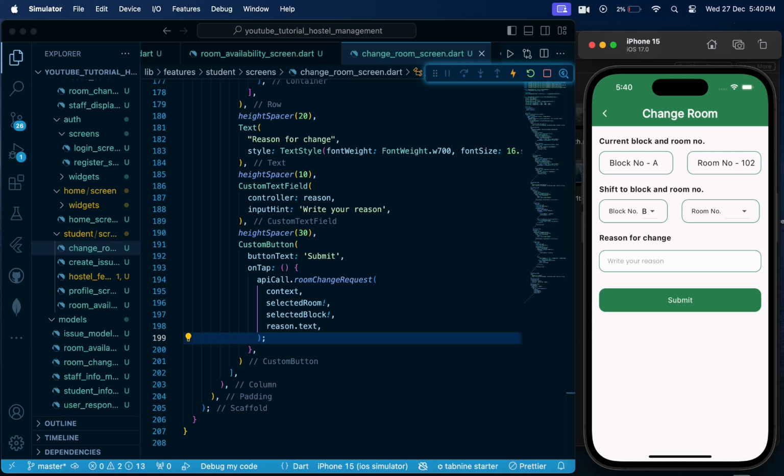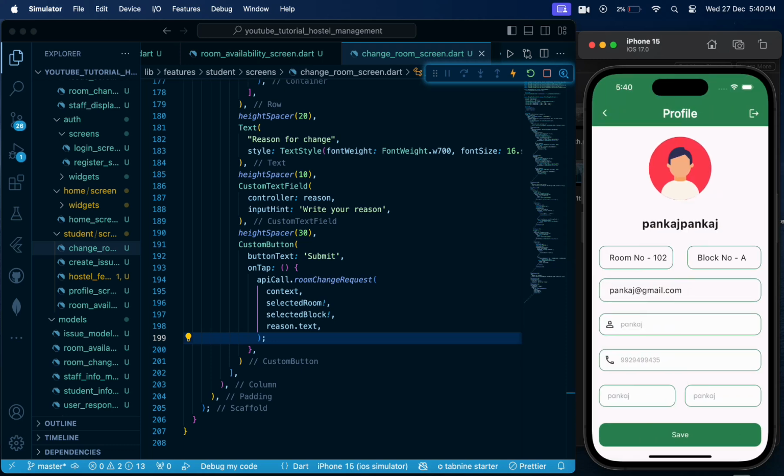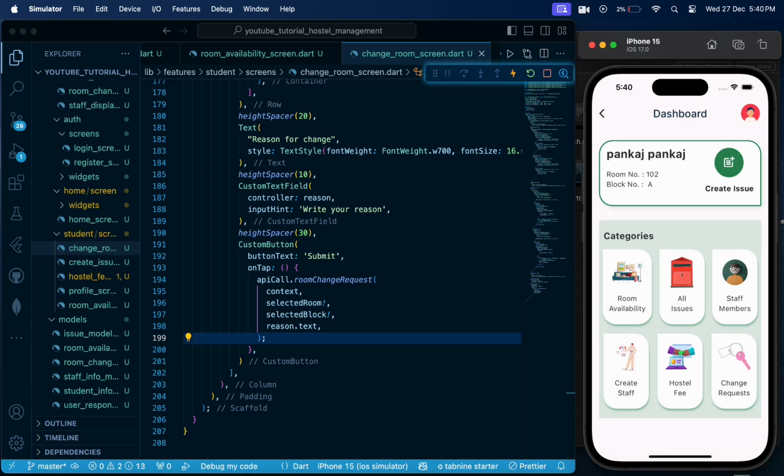So let's try that it is working or not. So block number will be B and room number will be 202. Reason for change, nothing, no problem. Okay, simply we have to change the room. As this is our application, we can do whatever we want to do. So room change request has been created. So let's,